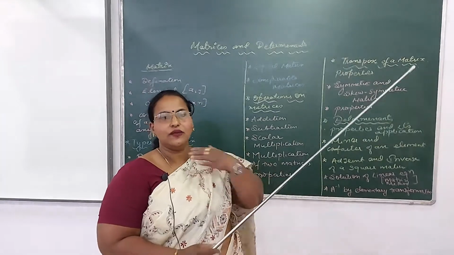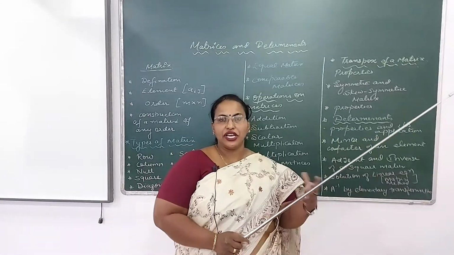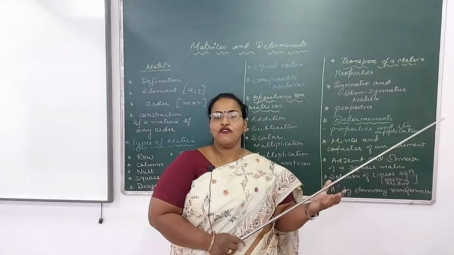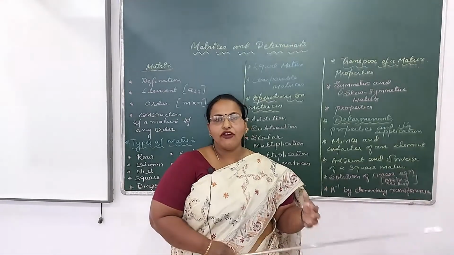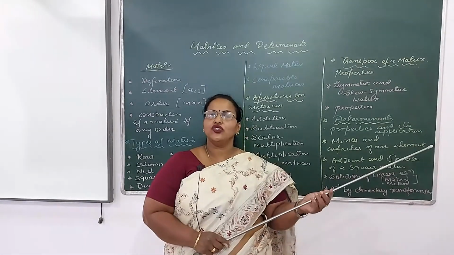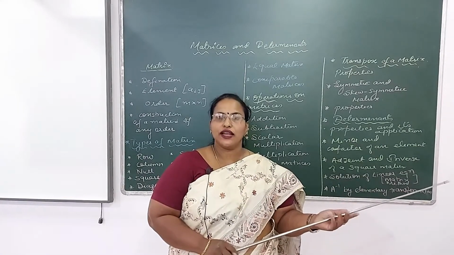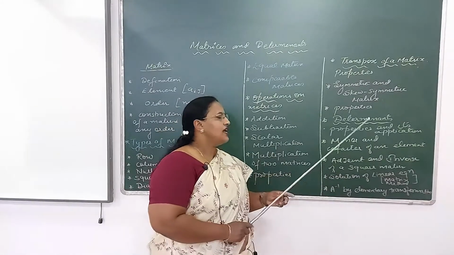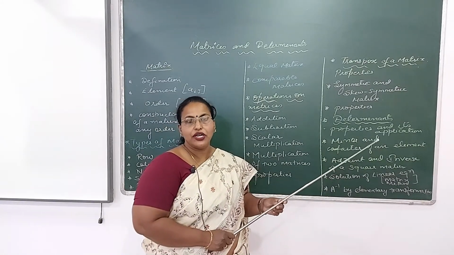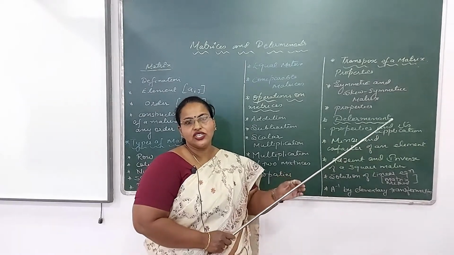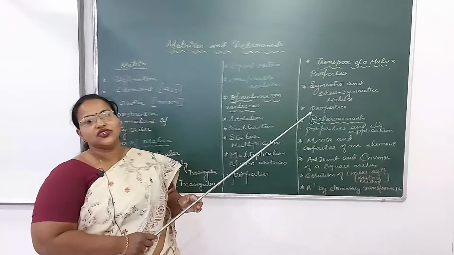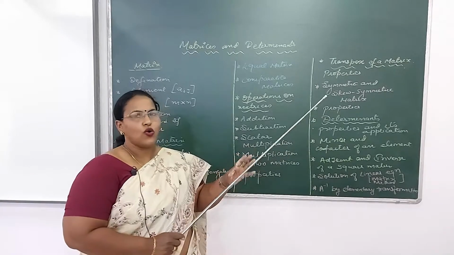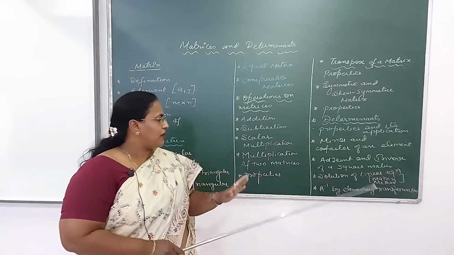We can use determinants in finding the area of a triangle, or checking collinearity of points, or for finding the equation of a straight line passing through 2 points. Apart from this, using determinants you can solve linear equations, that is what is called Cramer's rule, but it is not in the syllabus, that is why I have not explained it. The next is minor and cofactor of an element, a very important term. An element is denoted by Aij, its minor is denoted by Mij, and its cofactor is Cij. So minor, cofactor, all these I have explained.